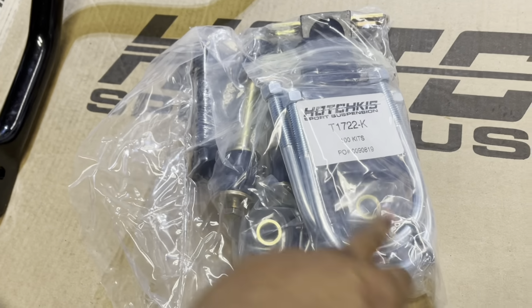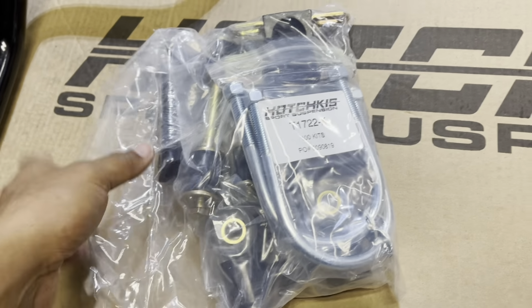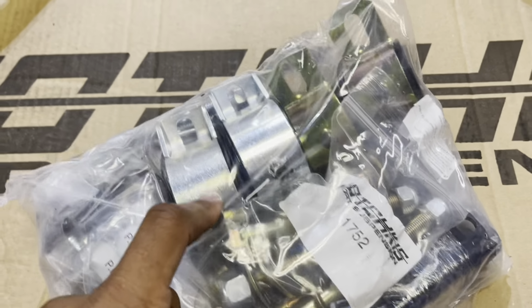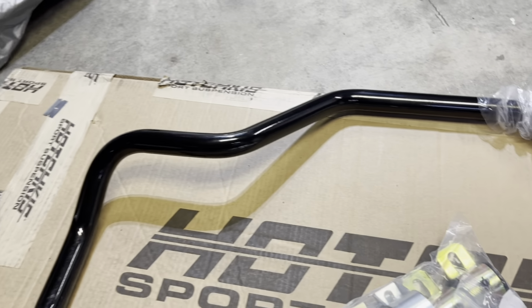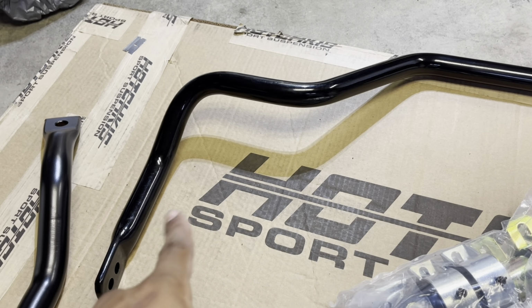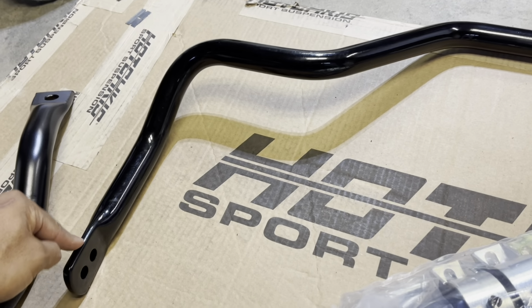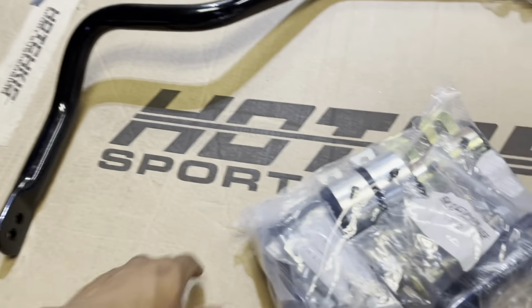I'm not sure what they call these, U-bolts maybe. These go over the axle and mount up to these right here. This is for the front, I think, and one of them is for the rear. One thing I thought was interesting is I've only had sway bars that mount directly to the trailing arms, with two bolts, one here and one here, physically mounting to the trailing arms. This one has,